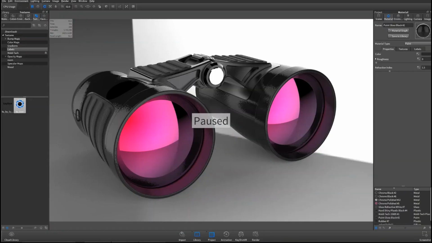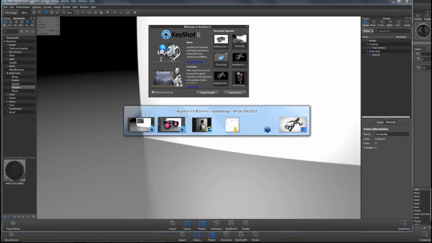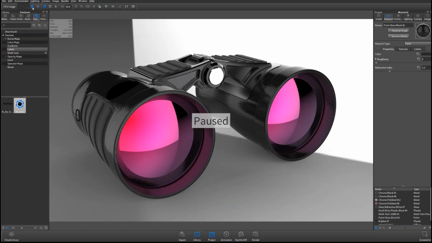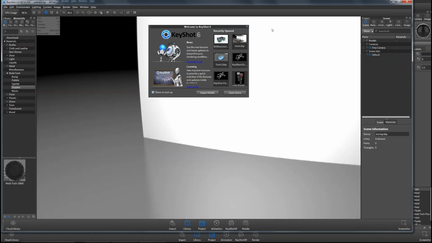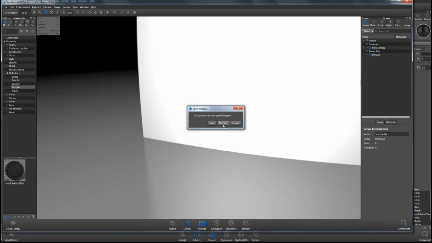If you're ever working with multiple sessions, make sure you pause the session that you're not working with. You can do that by hitting this little button right here or hitting Shift Pause, or Shift P, which I did. Let me go ahead and open a model that I've already imported. This was an NX model as well, so I'm just going to bring this in and let's talk a little bit about the material graph.